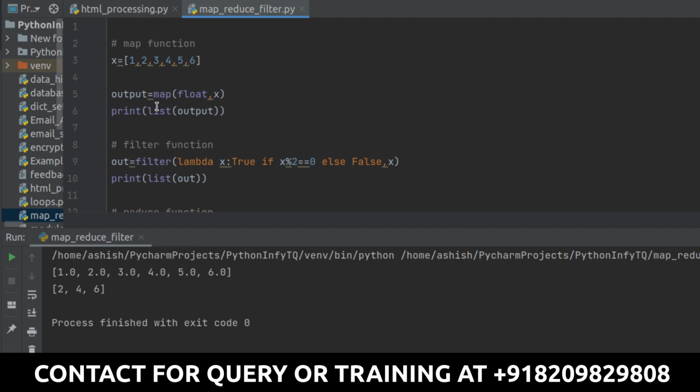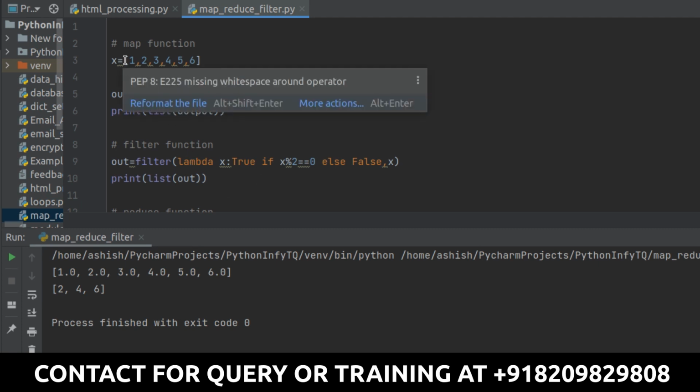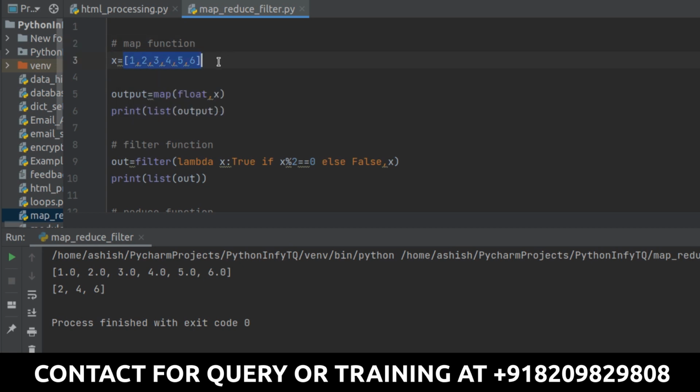Now for example, if I have to use the reduce function, and in that reduce function my functionality is that I have this data, and on this data I want to do the addition of all the numbers. Addition of all the numbers is like this: 1 plus 2 plus 3 plus 4 plus 5 plus 6. In short, it is not going to do like this.